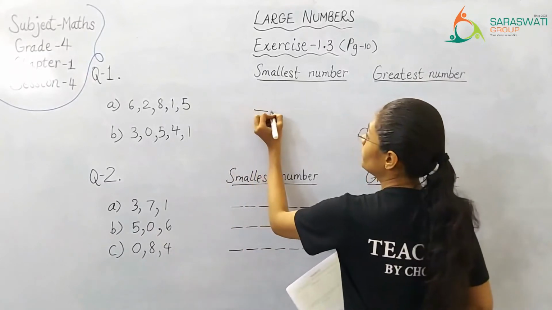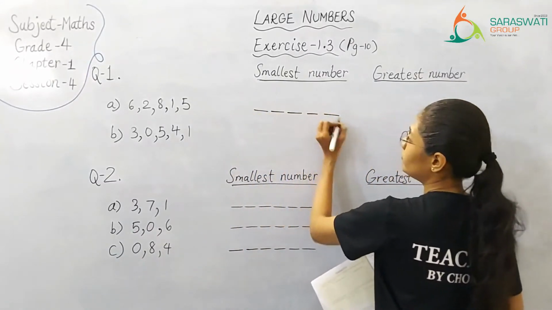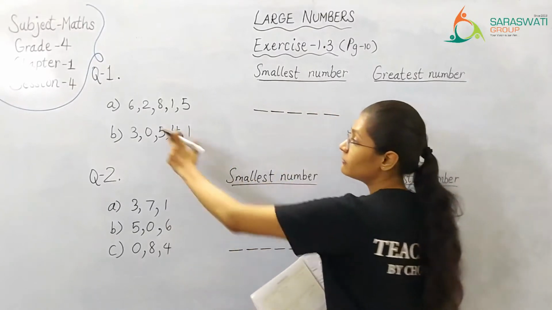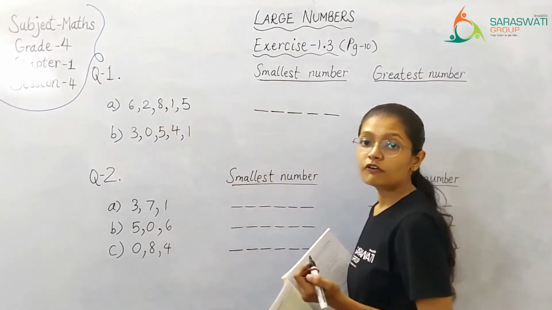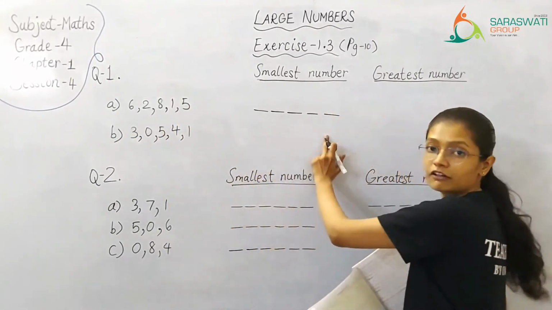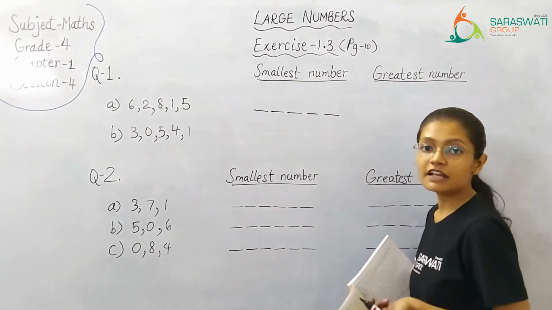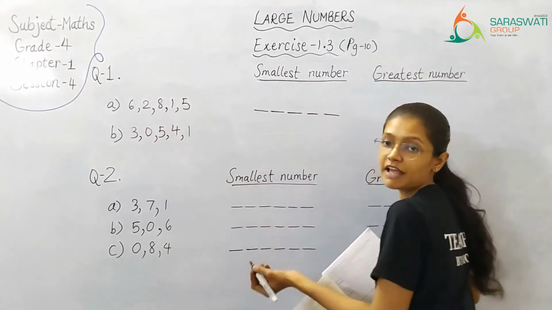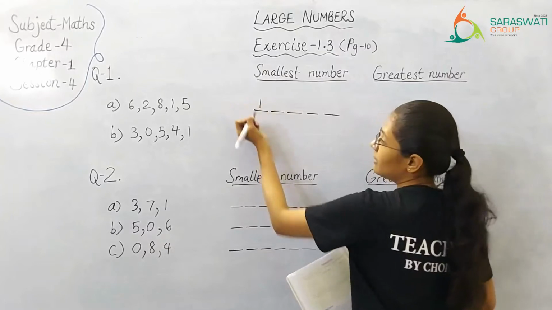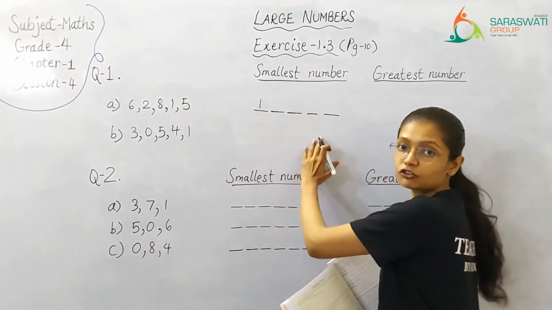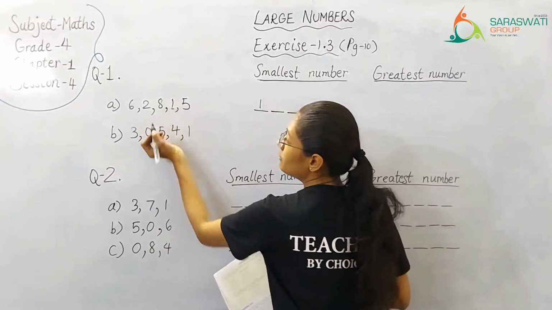So now over here we have to write the smallest 5-digit number using these 5 digits. So we will arrange these digits in the ascending order over here. So we will get our smallest number. So over here 1 is having the least value. So writing that first, then you can mark these digits as you write them over here, so you do not make any mistake.